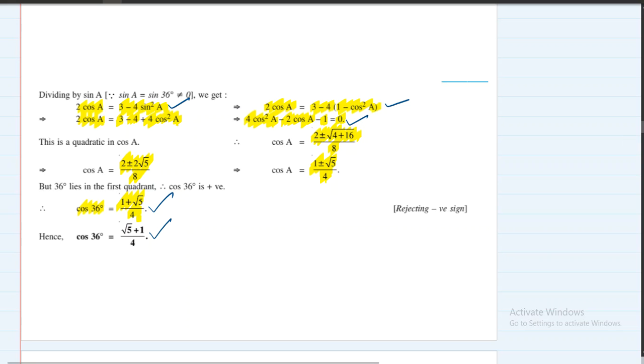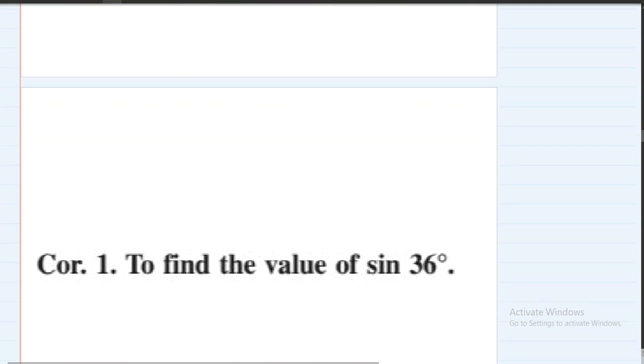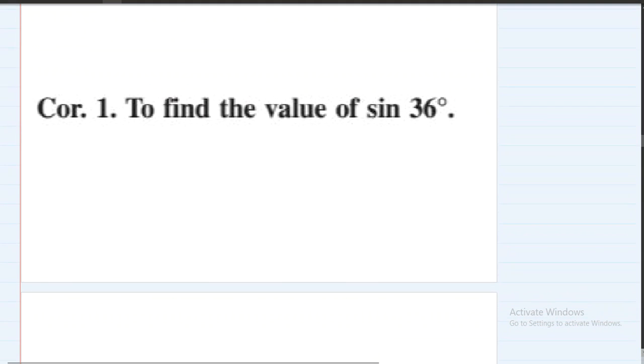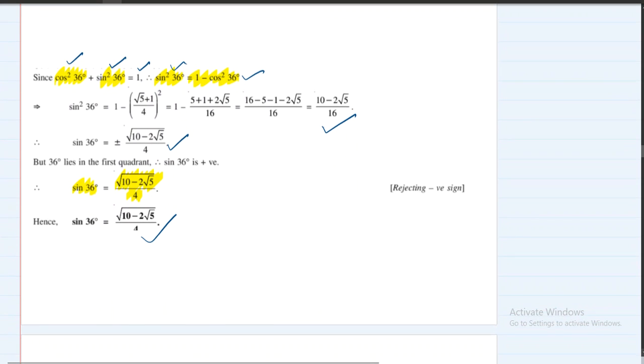Now finding sin 36 should not be a bigger deal. Sin 36 can be found very easily. Since cos square 36 plus sin square 36 is 1, sin square 36 is 1 minus cos square 36. We already know the value of cos square 36. We just put the value of cos 36 here and square it, simplify it, take LCM, and we find the